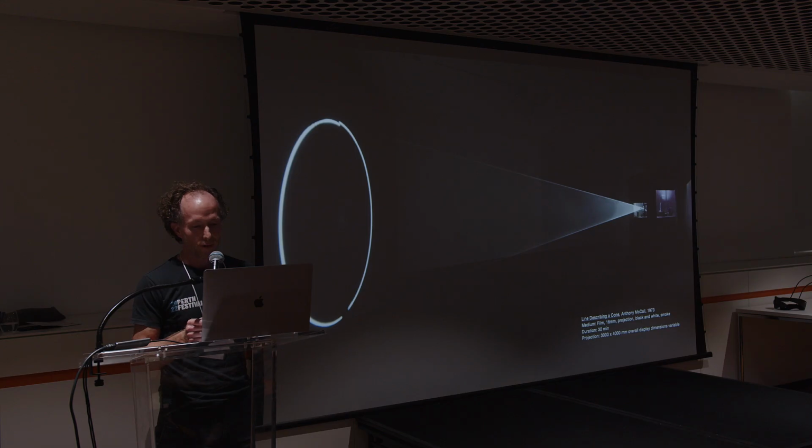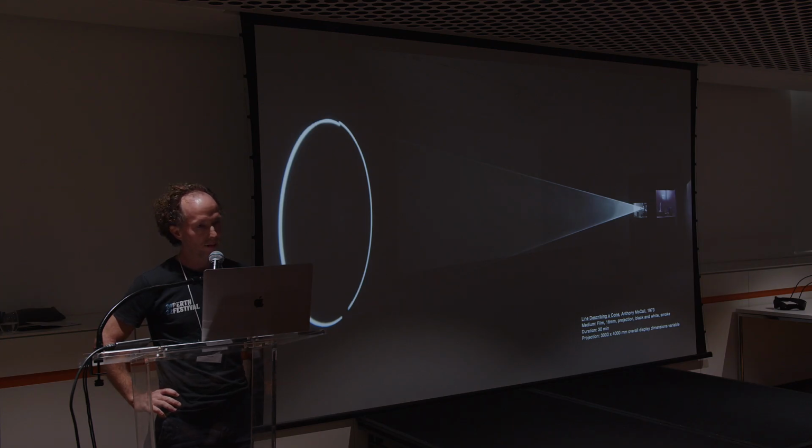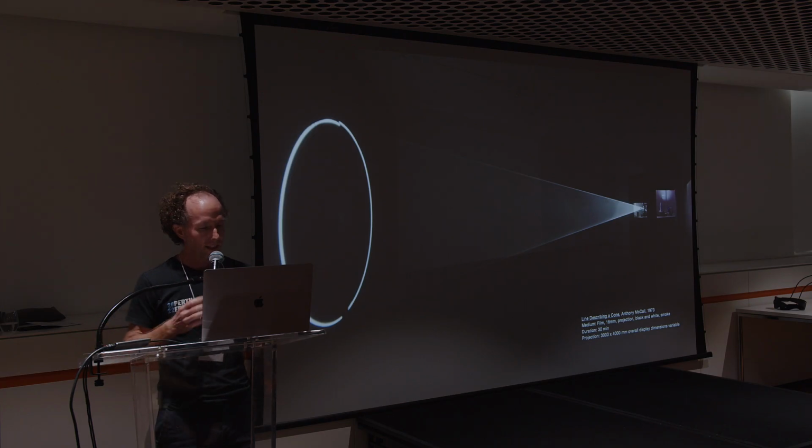Sadly, I can't show the work here in front of you. We discovered last week that one of the disadvantages of being in this fine museum space is that there are restrictions around what you can bring into the building, as opposed to what we might be able to bring into the building at Pika. Line Describing a Cone requires haze from fog or smoke, and so we can't add that into this room. For me, this is a reminder of just how fragile many of these kinds of light-sensitive, immersive works are. They need to be held in very specific conditions to come to life.